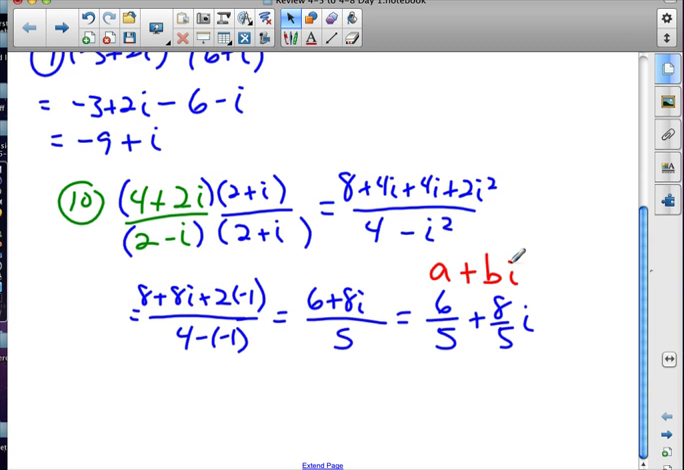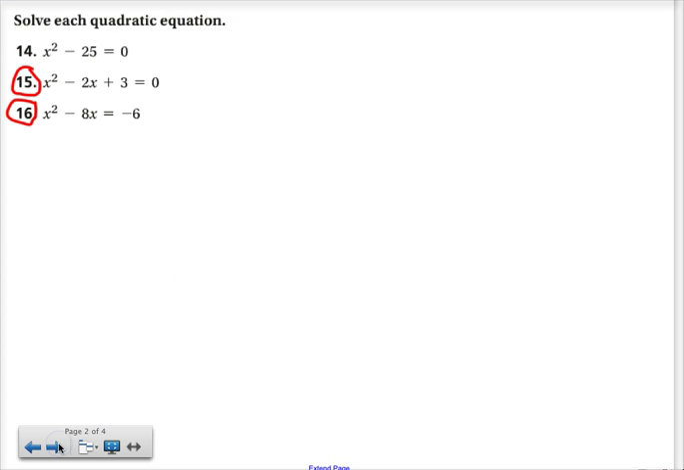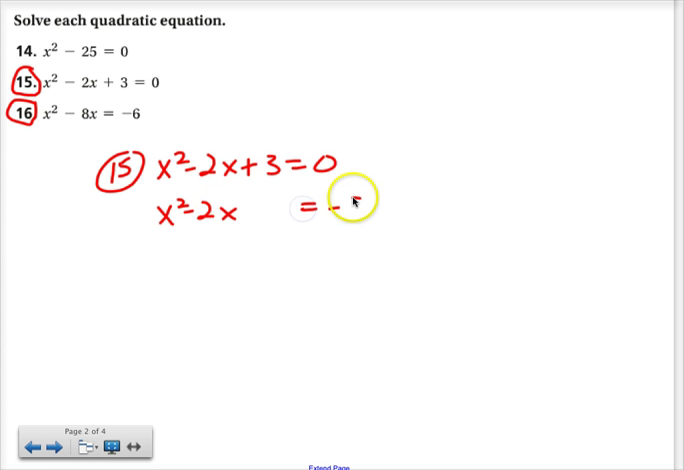On the next page, let me get this opened up a little more. Number 15 says solve the quadratic equation. It doesn't give us a method, but I'm going to take this opportunity to get you to practice your completing the square methods a little bit. So I'm going to move that 3, that c value that's not a perfect square, over to the other side. And then complete the square